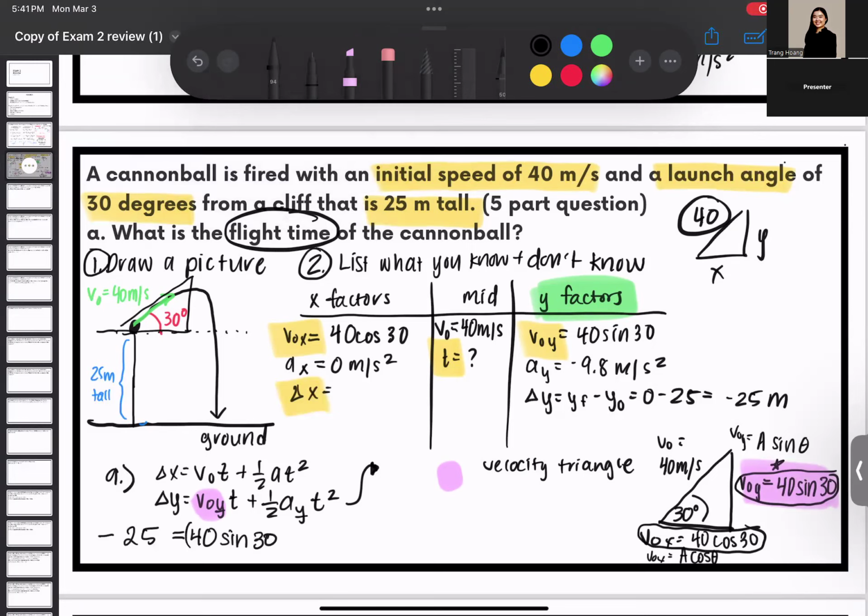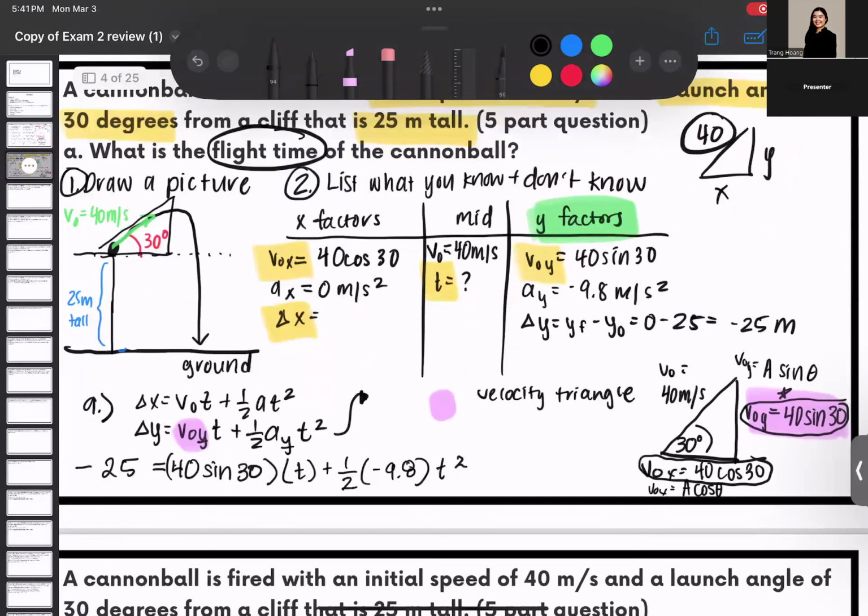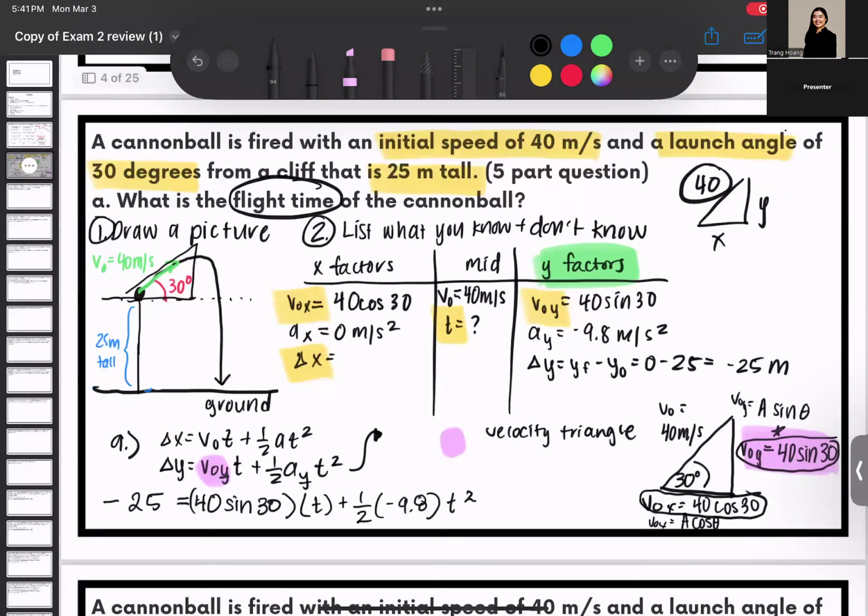equals 40 sine 30 times time, which we don't know, plus half times negative 9.8 meters per second squared times time squared. What you're going to have to do is plug this into the quadratic formula, which makes it a little tricky because it's just annoying. Hopefully, I think she does say that your quadratic formula will appear. So I would always prepare for it,